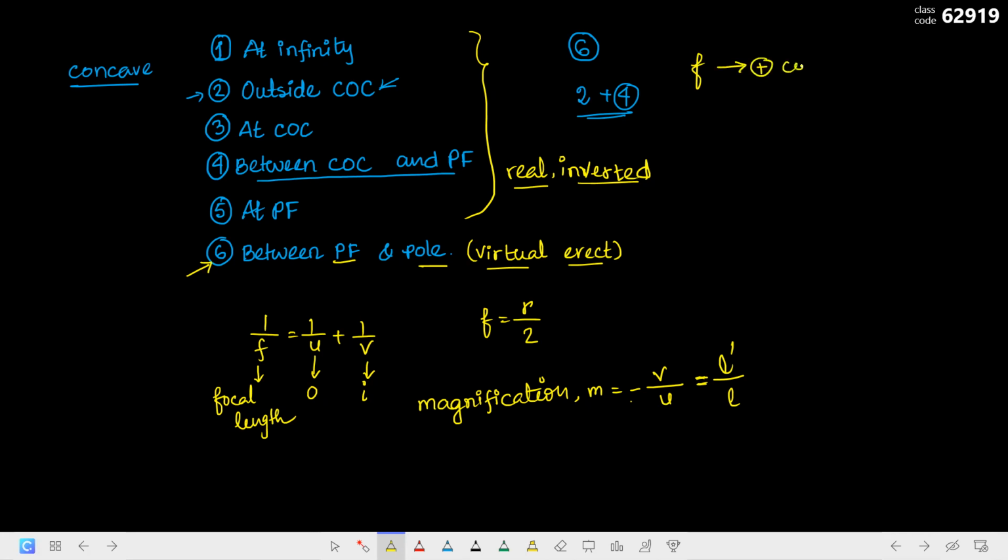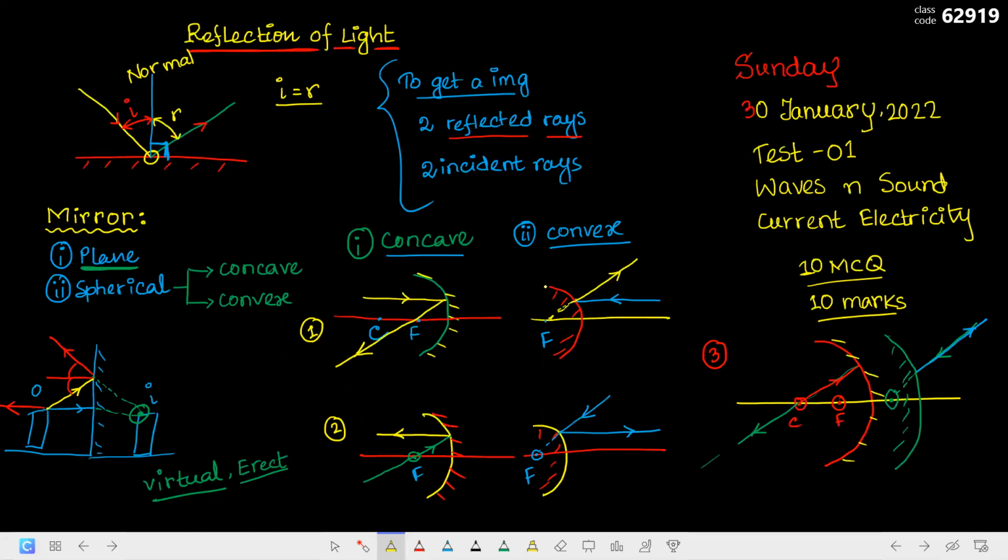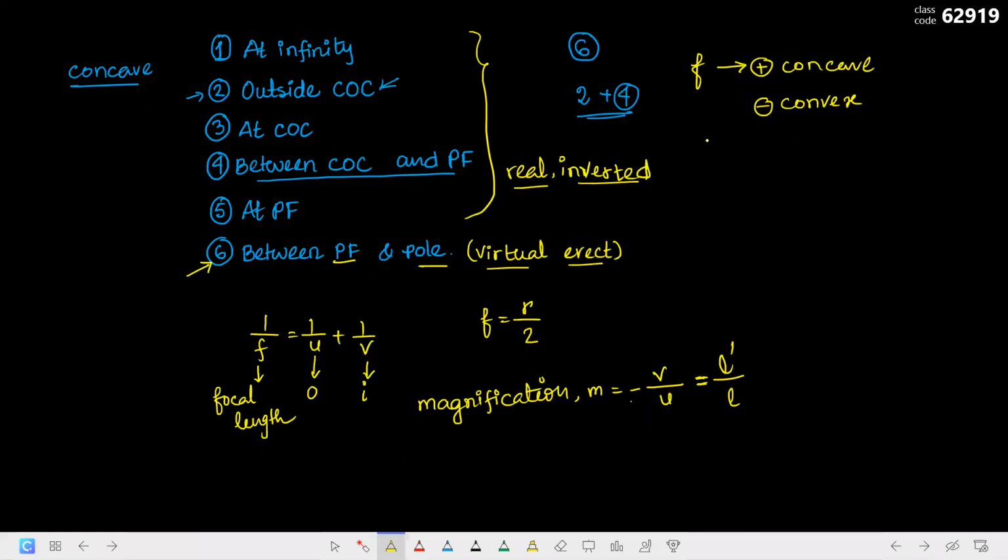যেমন f পজিটিভ হবে কনকেইভের ক্ষেত্রে, আর নেগেটিভ কনভেক্সের ক্ষেত্রে। এভাবে বলা যায়, যা যা মিররের সামনে থাকবে সেটাই পজিটিভ, যেটা মিররের পিছনে থাকবে সেটা নেগেটিভ। কনকেভ মিররের ক্ষেত্রে প্রিন্সিপাল ফোকাস থাকে মিররের সামনে, তাই পজিটিভ ফোকাল লেন্থ। কিন্তু কনভেক্সের ক্ষেত্রে পিছনে থাকে, তাই নেগেটিভ। আর u, তোমাদের লেভেলে u সবসময় পজিটিভ, u নেগেটিভ হওয়ার ঘটনাগুলো এইচএসসি লেভেলে আছে, তোমরা অঙ্কগুলোতে u সবসময় পজিটিভ ধরবা।